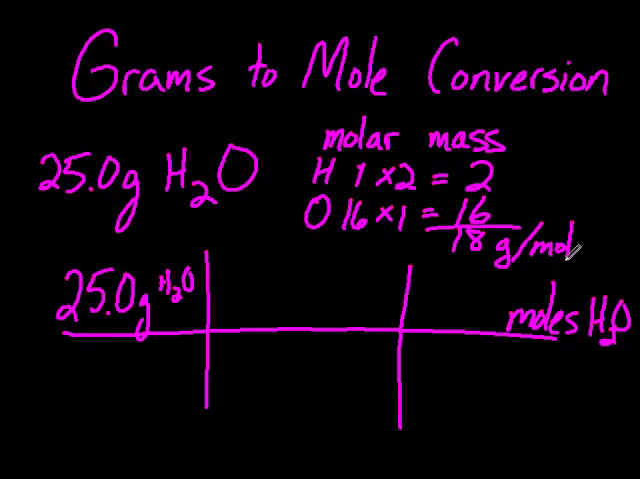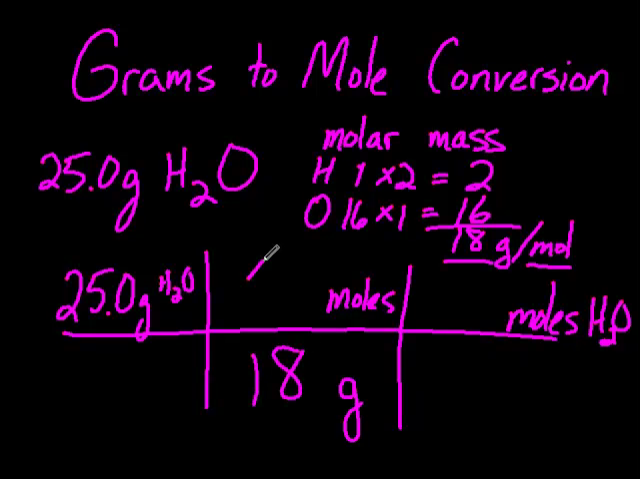So now what we can do is use that rate, that 18 grams per mole. We want to get rid of the grams, so we put grams down here. We want to solve for moles, so we put moles up here, and then we just plug it in. Well, we know that if it's 18 grams per mole, then in every 18 grams of water, I have 1 mole of water. Okay, so really what this particular problem is looking at is taking our 25 grams